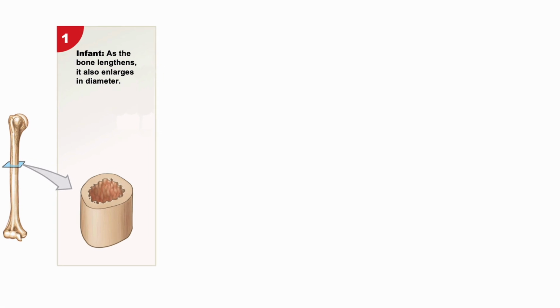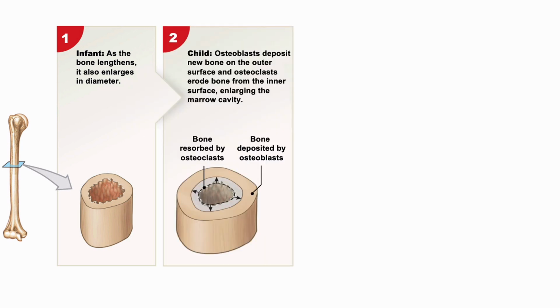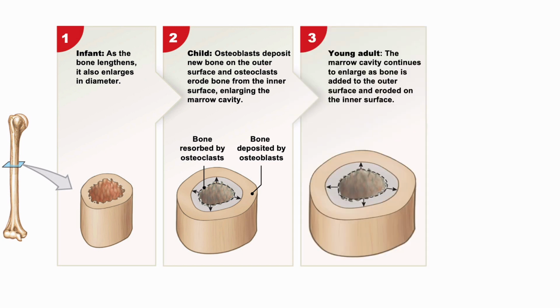First, the infant stage. As the bone lengthens, it also enlarges in diameter. During childhood, osteoblasts deposit new bone on the outer surface, and osteoclasts erode bone from the inner surfaces, enlarging the marrow cavity. Here you can see bone being resorbed by osteoclasts at the center, while bone is being deposited by osteoblasts at